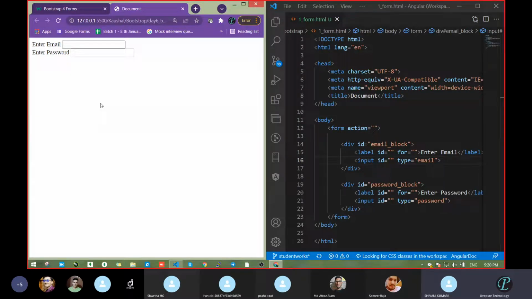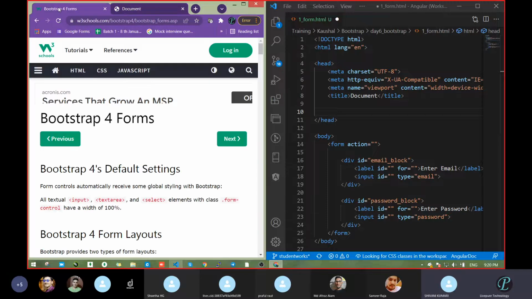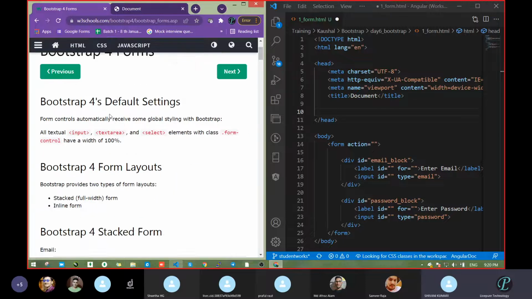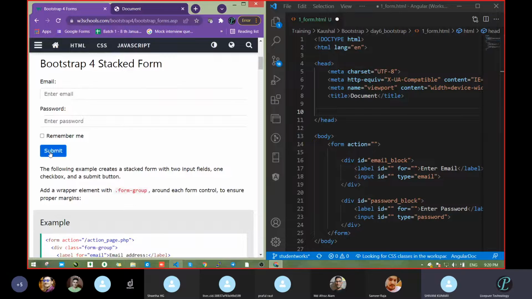We have taken two fields. Now, if you have to pass a style, we do not want to pass CSS style, we want to go with bootstrap. But now it looks very simple. How will we add bootstrap? For adding bootstrap, we have to pass the bootstrap link here. From where will we get the bootstrap link? We will get it from the official website of bootstrap, or any tutorial website like W3Schools, which we are learning through.